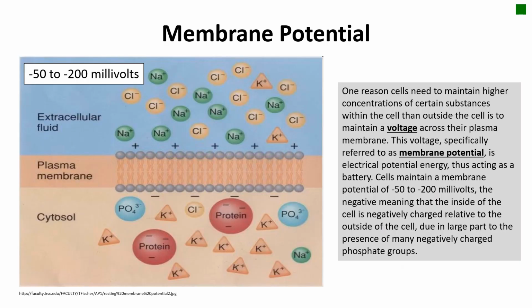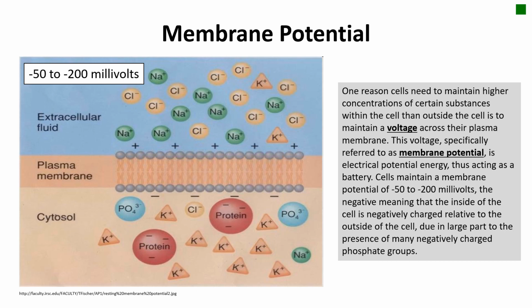One reason cells need to maintain higher concentrations of certain substances within the cell than outside the cell is to maintain a voltage across their plasma membrane. This voltage, specifically referred to as membrane potential, is electrical potential energy, thus acting as a battery. Cells maintain a membrane potential of -50 to -200 millivolts, the negative meaning that the inside of the cell is negatively charged relative to the outside of the cell,